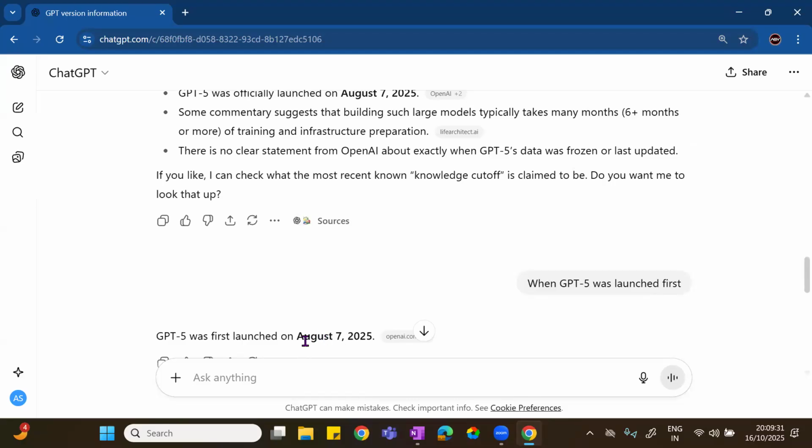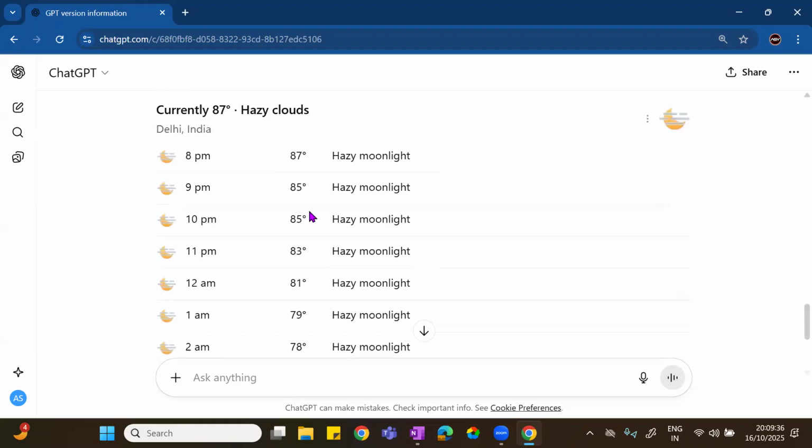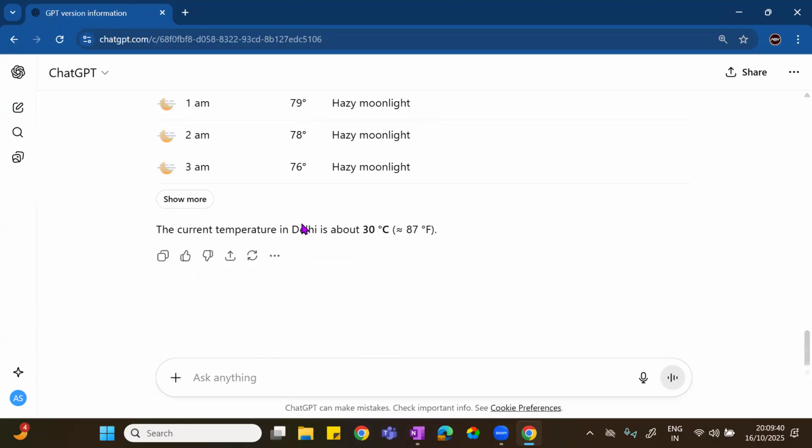Even assuming it has the August 7th data, it should not have it, but it is giving us 87 degrees Fahrenheit. You can take it as 30 degrees Celsius.